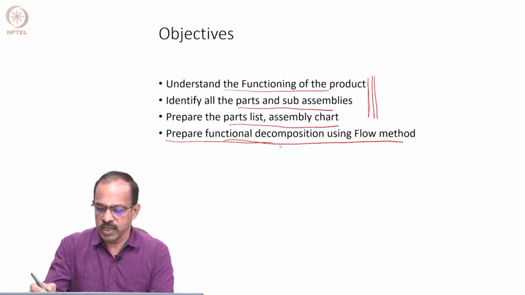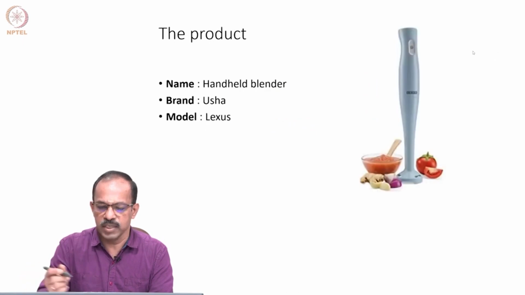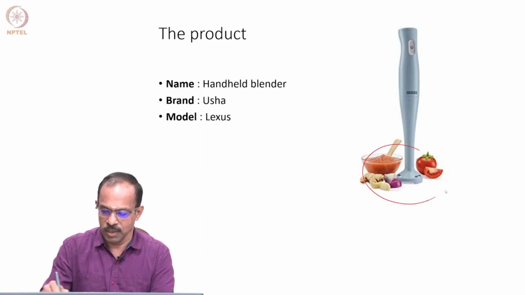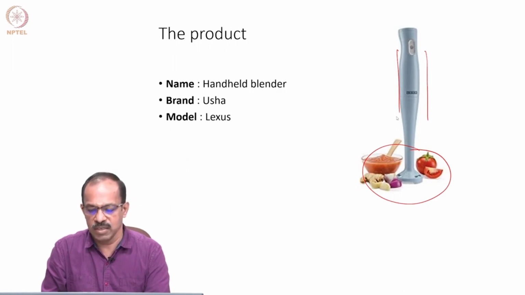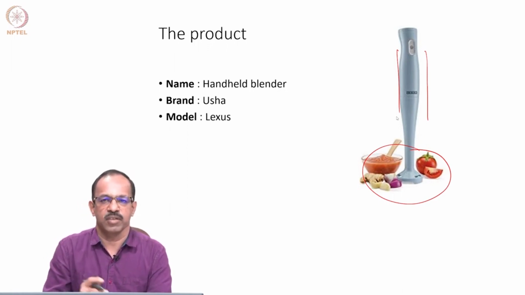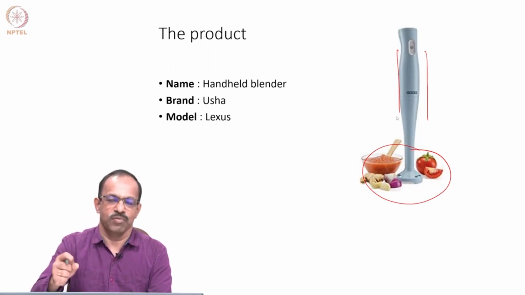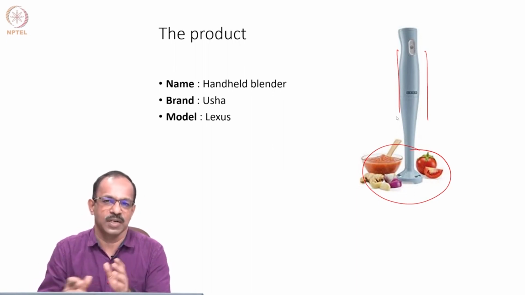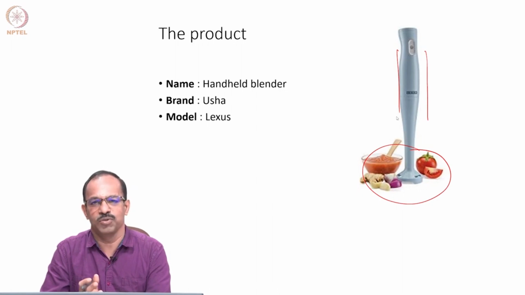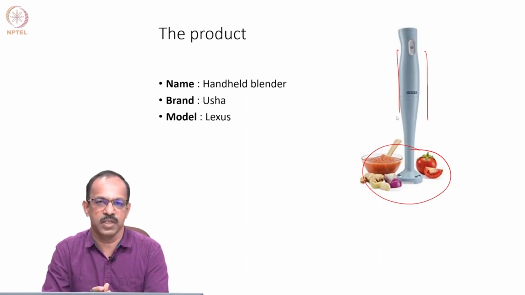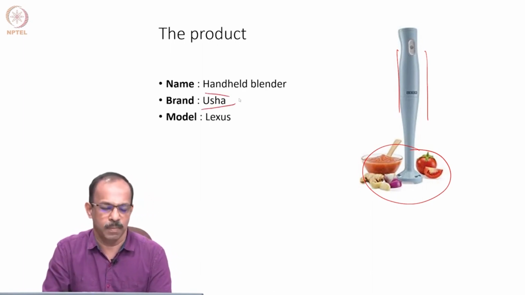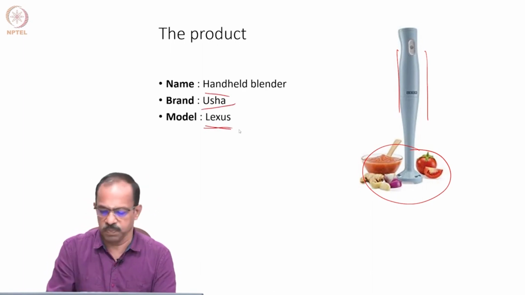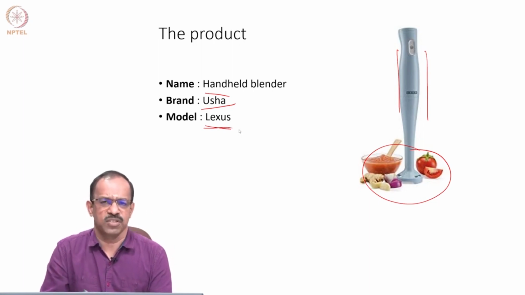So let us look at this product. The product is the handheld blender. This part will go into the material for blending, and this has the other electrical and electronic parts, and someone will be holding it and then you can actually use it. So you'll be supplying hand force to that, and there will be some other things which you need to understand when the product is being used. Again, this is Usha make, and the model is Lexus. There are so many variations of this available,